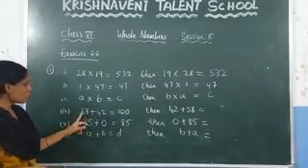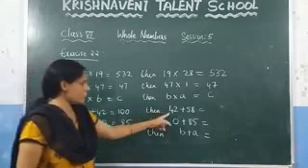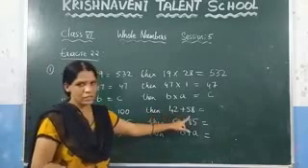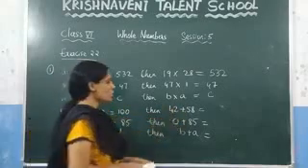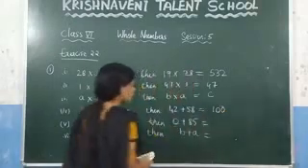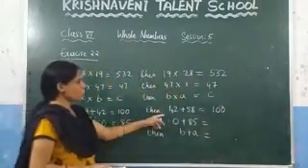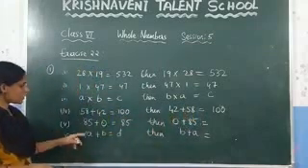Now see the next one. 58 plus 42 is equal to 100. Again here they changed the order, 42 plus 58. But here the operation given is addition. So by using the commutative property under addition, we can say that the value of 42 plus 58 is also equal to 100.